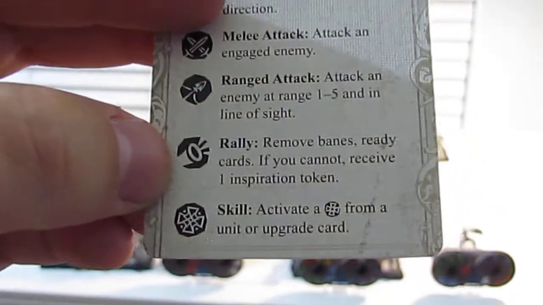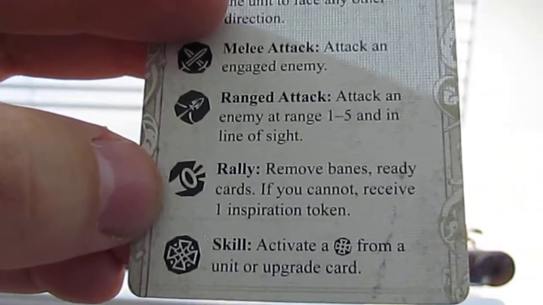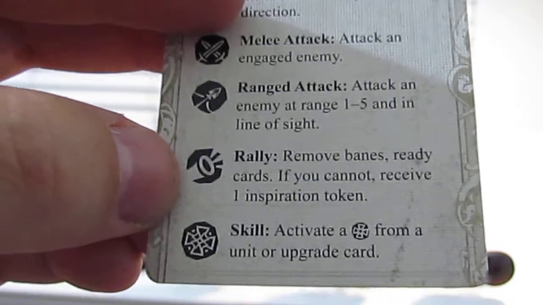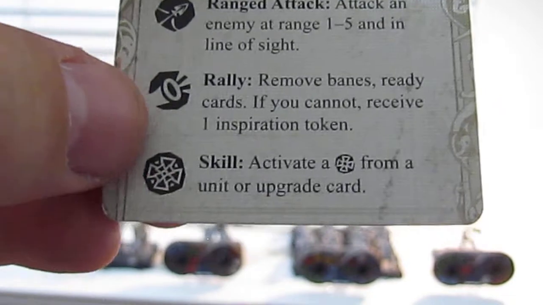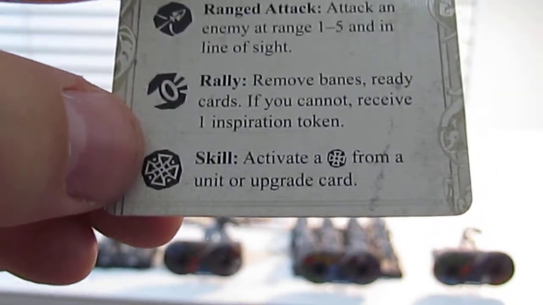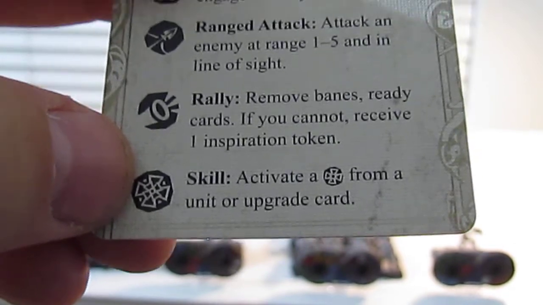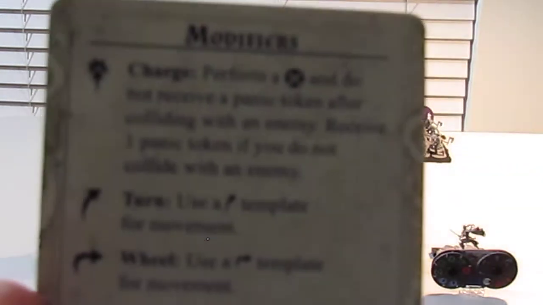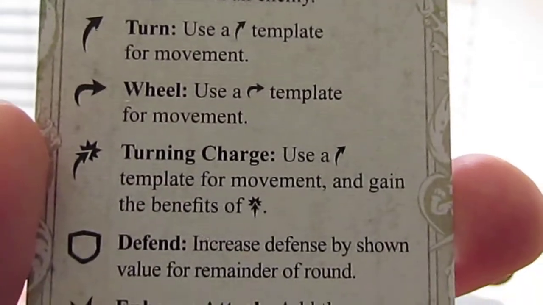Rally. Rally will give you an inspiration token. Those tokens are important because they remove some penalties you may get by doing some activities or by having the enemy do them to you. So this is important. And this is an activation of an upgrade card, which is not part of what you see in the basic scenario. The second wheel is called modifiers, and you can do charge, turn,